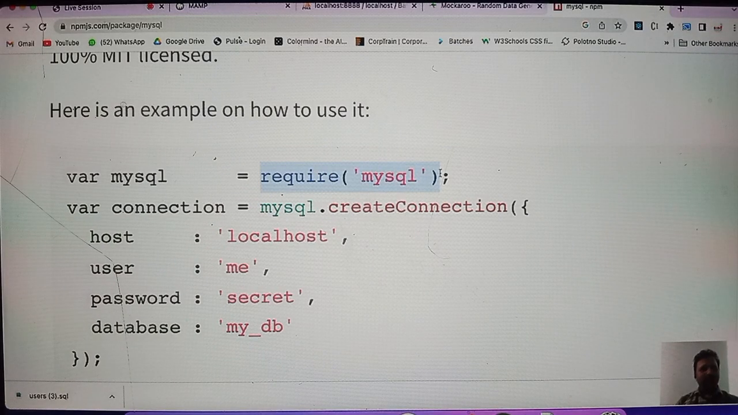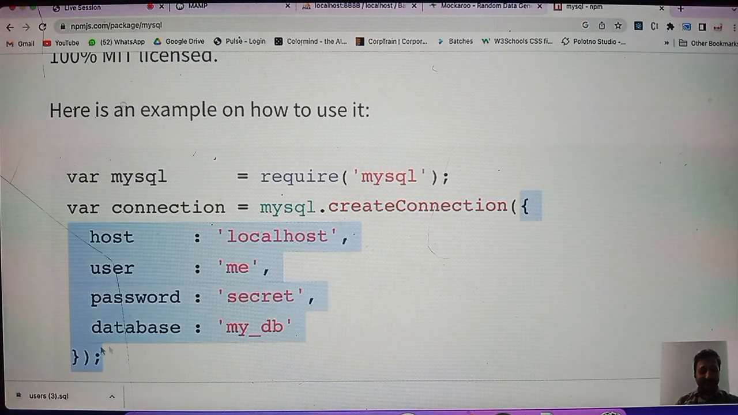Why do we have to use the import keyword? Why are we using the require keyword? CommonJS. So require MySQL, you import it. Once you import it, using the create connection method, you have to give the